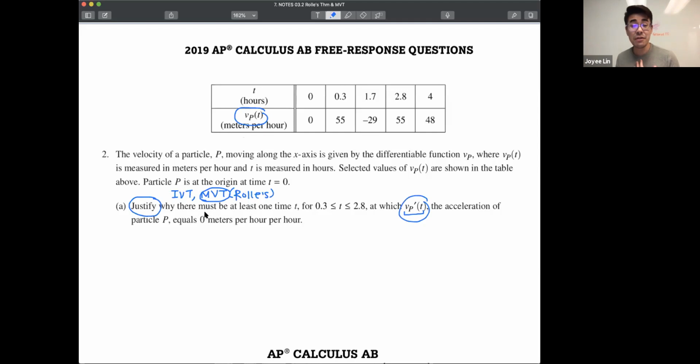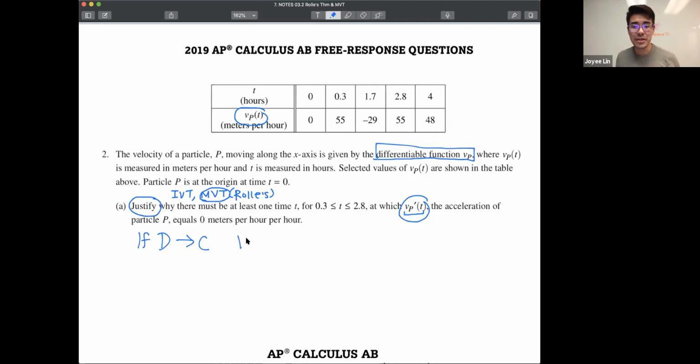So let's check for the conditions, right? What do we need? We need the function to be continuous and differentiable on the interval. Well, let's read the opening part. It says the velocity of the particle p is moving along the x-axis given by the differentiable function v sub p. And at this point, I've harped on it so many times. You should know that if differentiable, then continuous, right? So you could start with a sentence saying